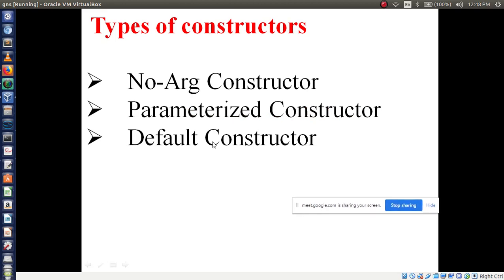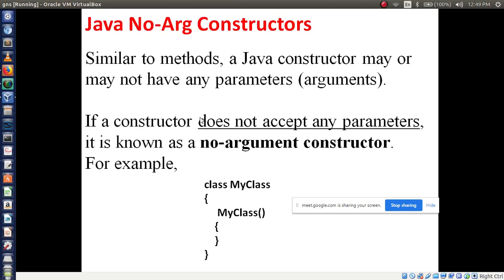One is the no argument constructor, but the constructor name is there, and another one is the parameterized constructor. It's an interesting topic. And another one is the default constructor, meaning no need to write a constructor at all. So first we will study Java no argument constructors.